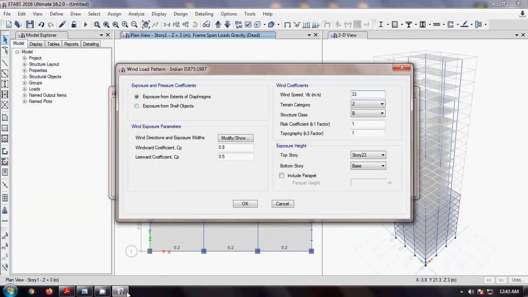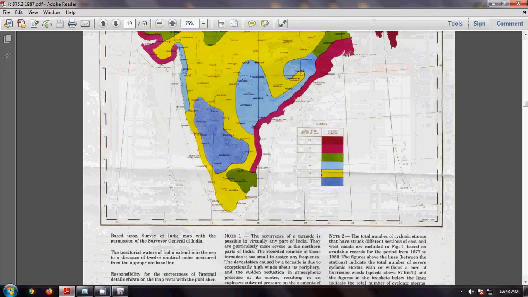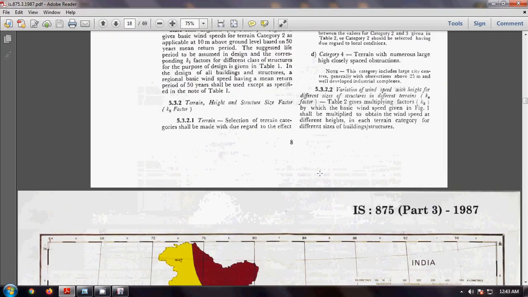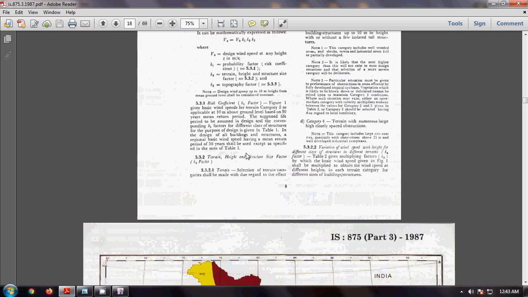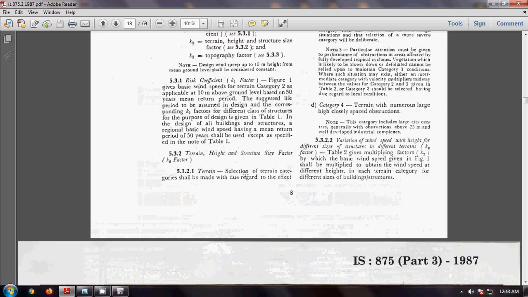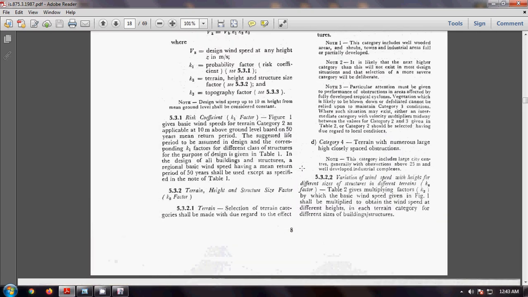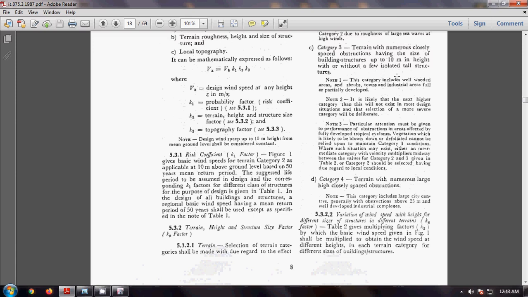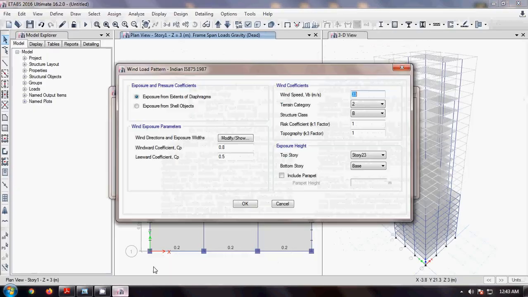So next is terrain category. So here are the terrain categories. In clause 5.3.2.1, Bangalore will fall in category 3, having a size of building structures up to 10 meters in surroundings, with few isolated tall structures. So write category 3,